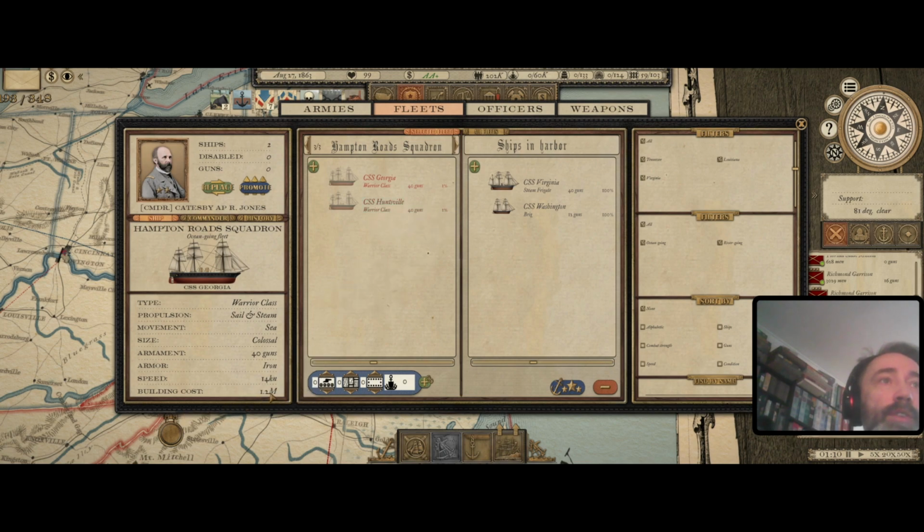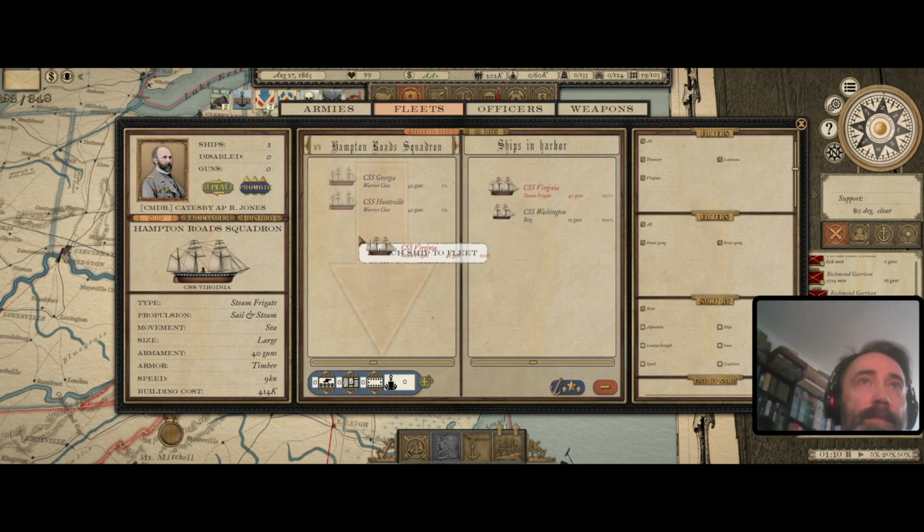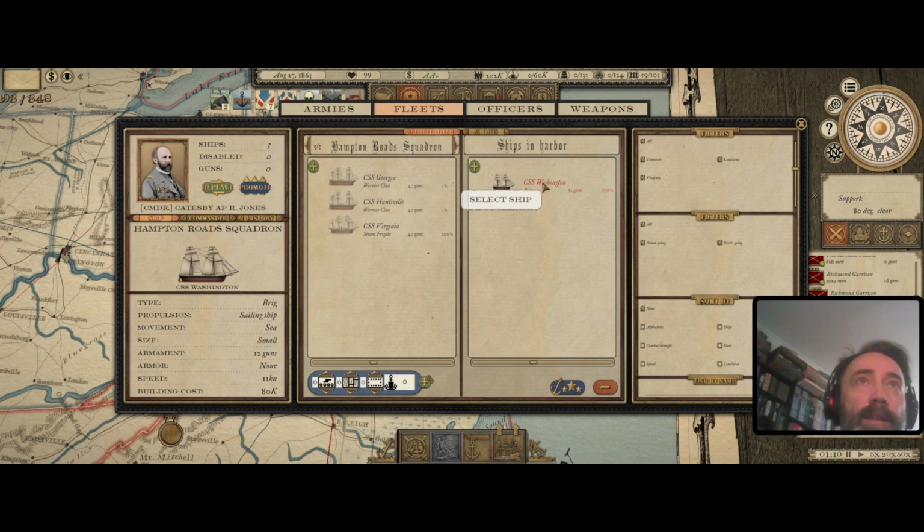Oh, they only cost 1.2 million to build, which is kind of a bargain compared to the 20 million for the license fee. Especially if I don't have to pay the resources, because I was lacking most of the resources. Her size is colossal, and her armor is iron. She's 14 knots. If you compare this to the Steam Virginia, it's only... So I think I'll drag Virginia in here and